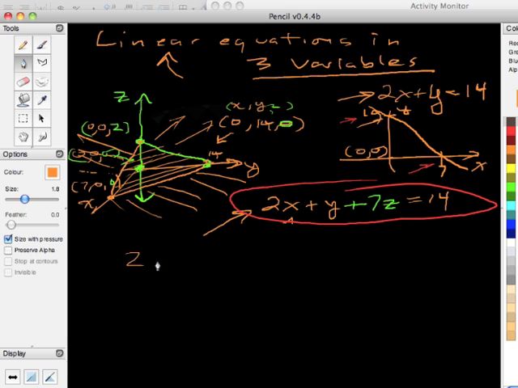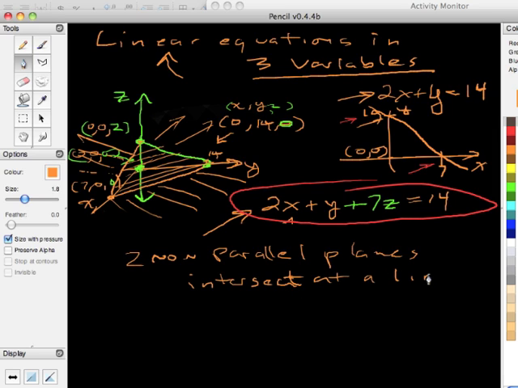So we have two non-parallel planes intersect at a line, and then if you have a line that intersects with a plane, either it's on the plane,